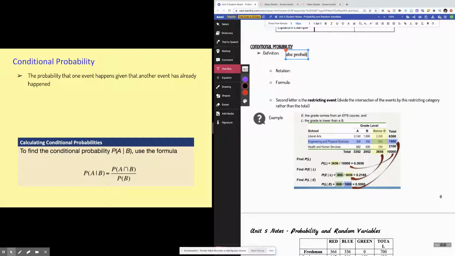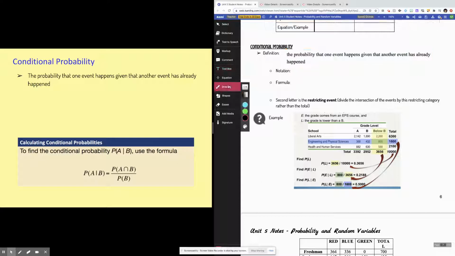the probability that one event happens given that another event has already happened. And the key word here is this word given. Whenever you see the word given, that usually means that you're dealing with a conditional probability. So given, that's your key word right there. The notation for conditional probability